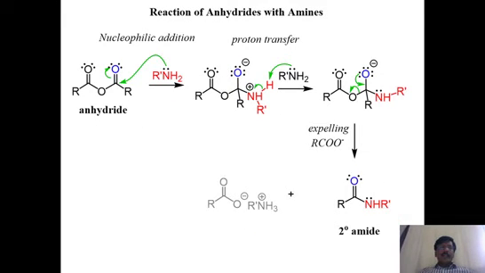In a similar way, if it reacts with amine also, this ammonolysis will give you the same amide. That means just like water, here also it attaches, but the only difference is here one part is converted into carboxylic acid and another part is converted into amide. In the previous case, it was both carboxylic acids only. But in this case, one is carboxylic acid, another is amide. And of course, there is a possibility that after removal of carboxylic acid, this further undergoes reaction to give the same amide again. That means two molecules of amide can also be generated.